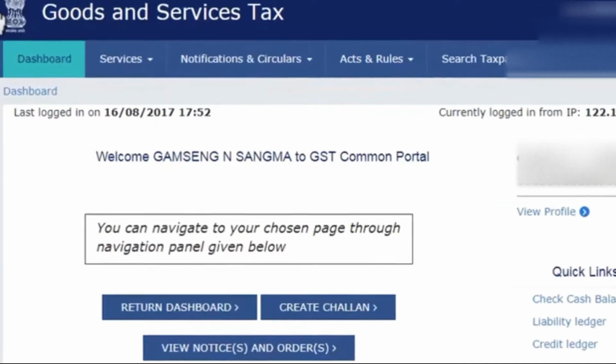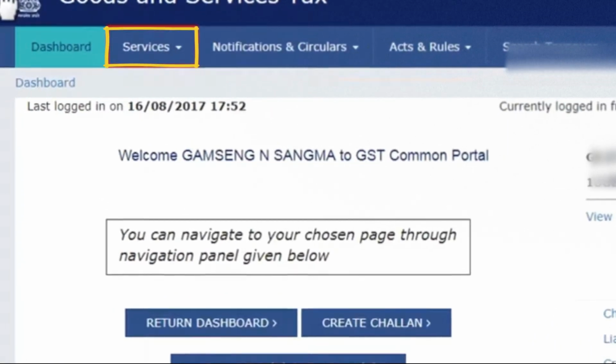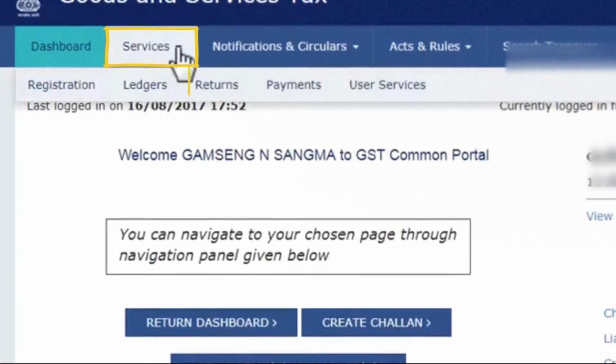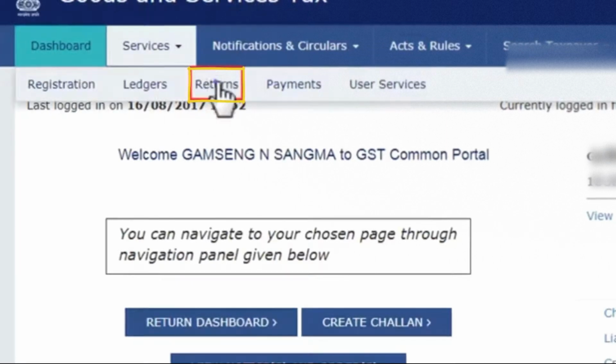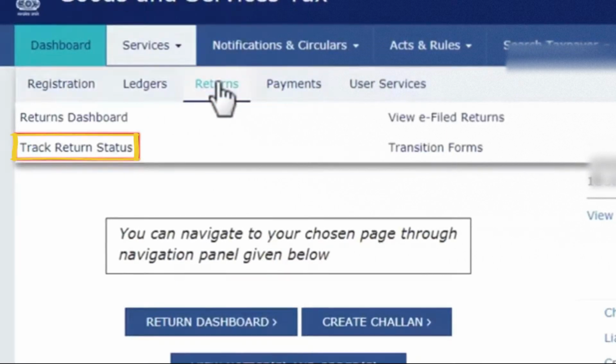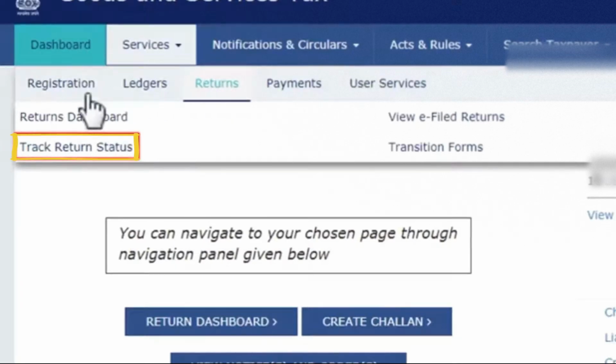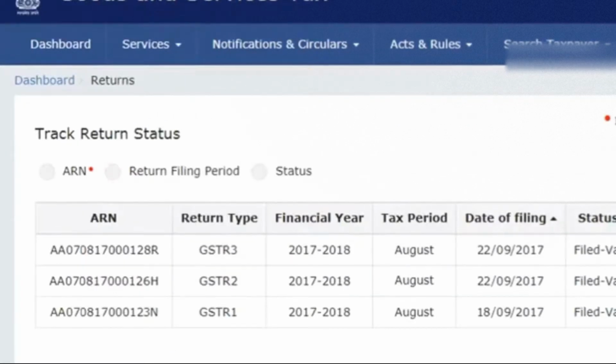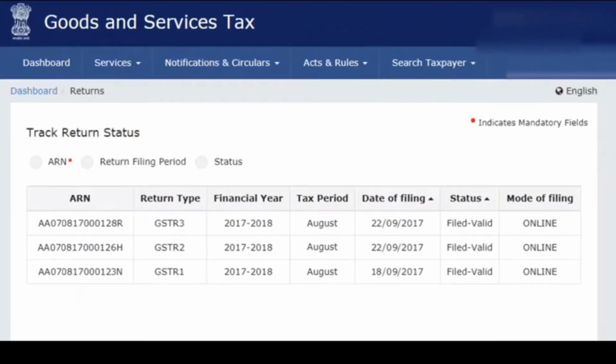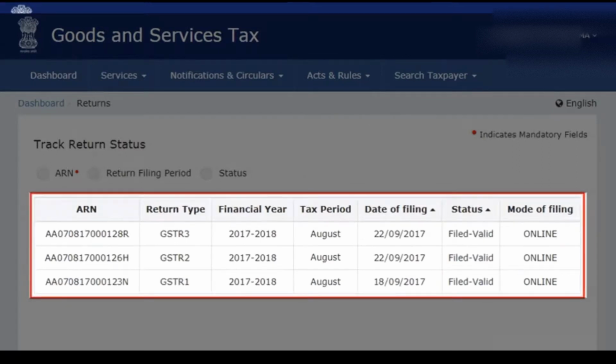From the dashboard screen, open the Services menu, click the Returns category, and select the Track Return Status option. Once the Track Return Status page opens, it will display a list of all the returns that you have filed